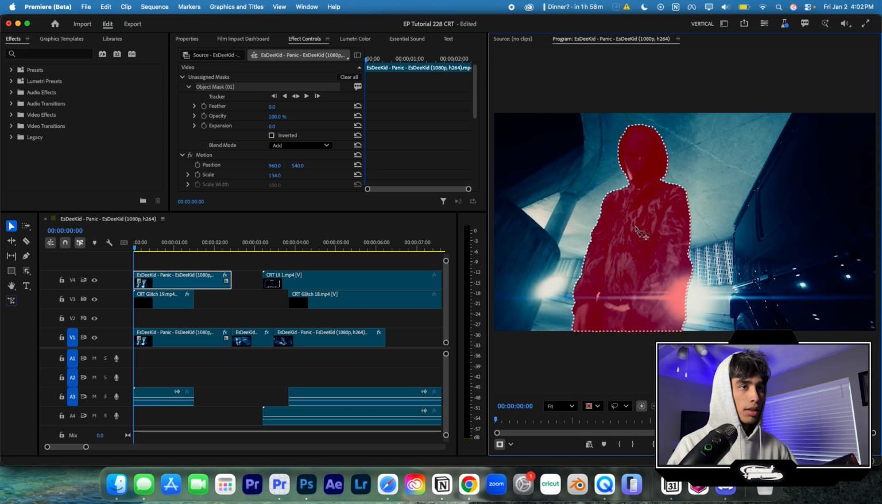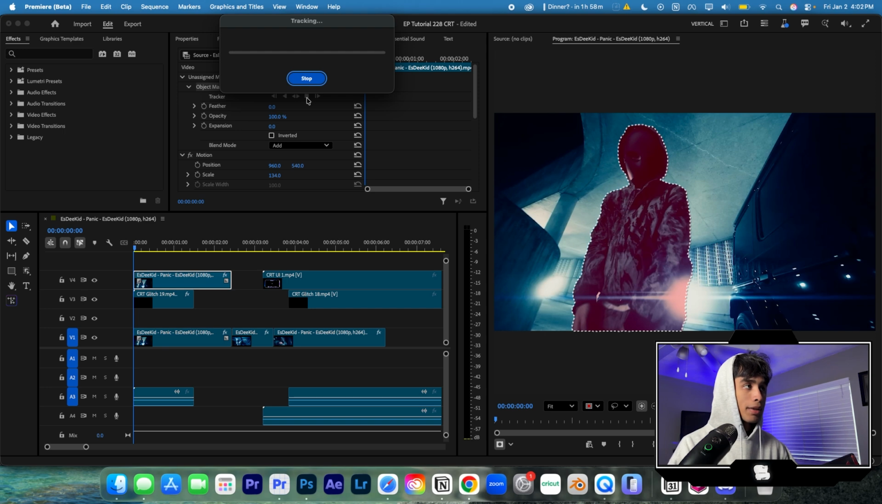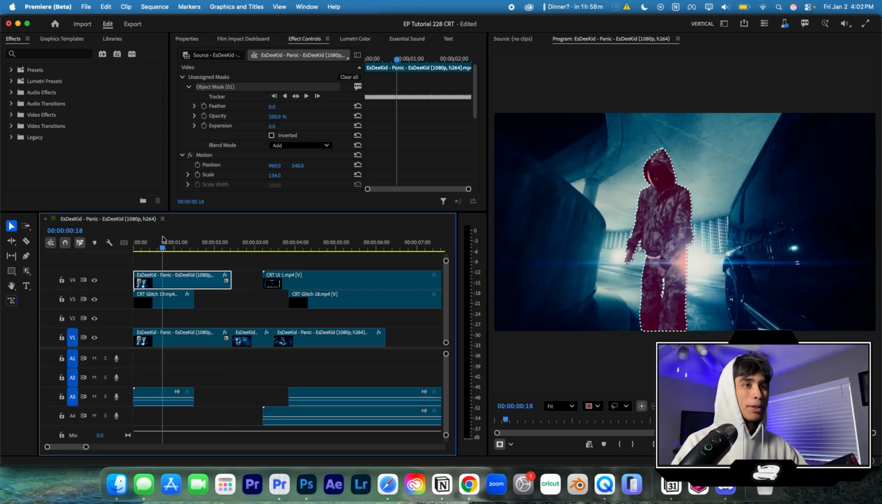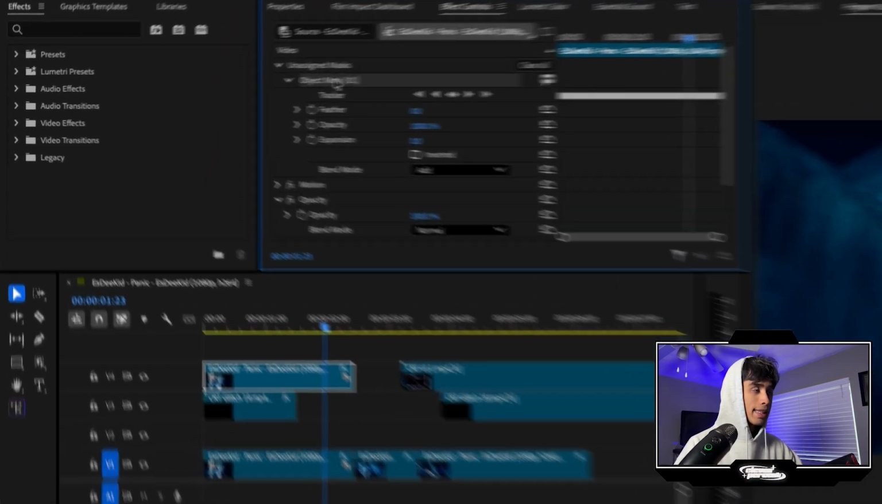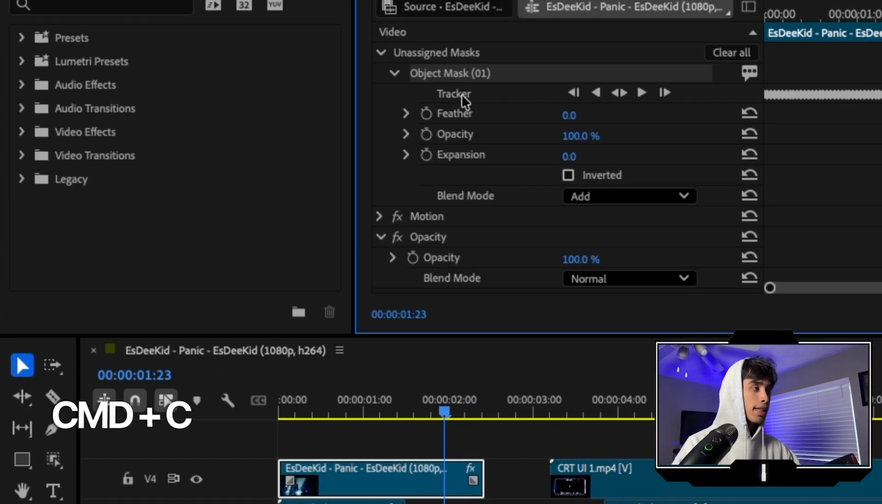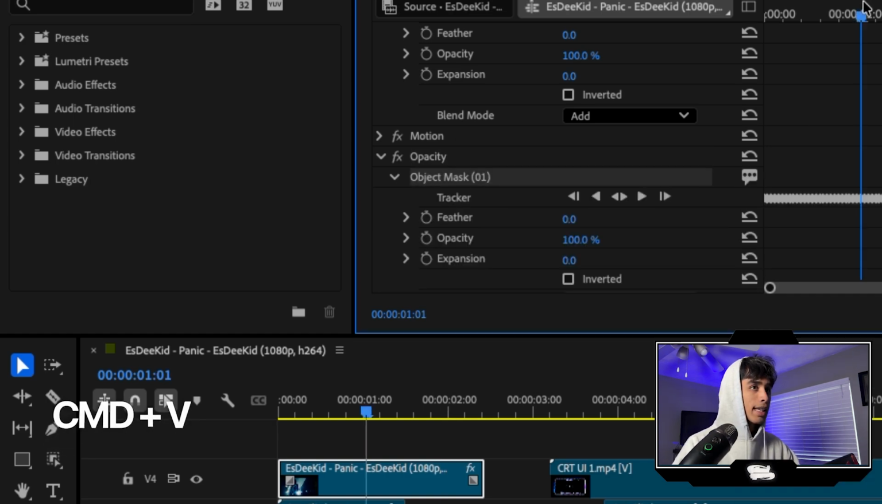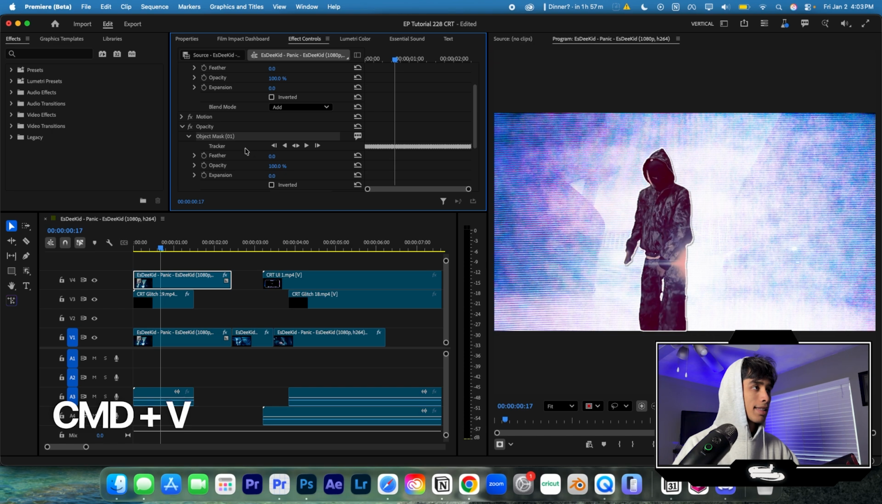We're going to click on our subject right here, and then go back to the effects and control panel and hit the playhead on the tracker, and then it's going to load for a little bit, and it's going to track our subject and create a rotoscope mask, and boom, that is looking super sick. I'm going to take this mask, hit Command C to copy it, go to my opacity tab and hit Command V to paste it, and boom, just like that, our subject is completely